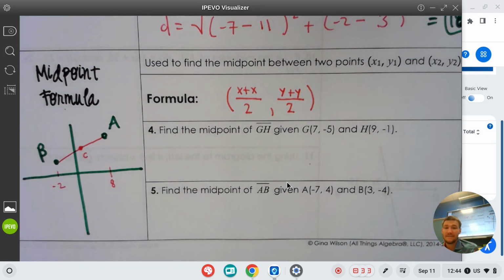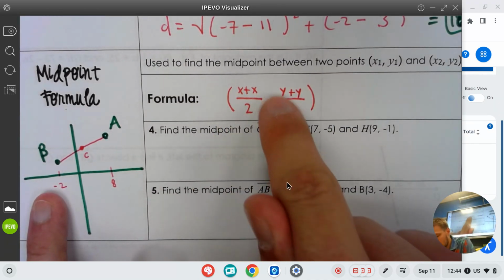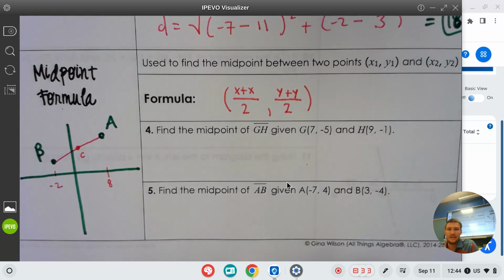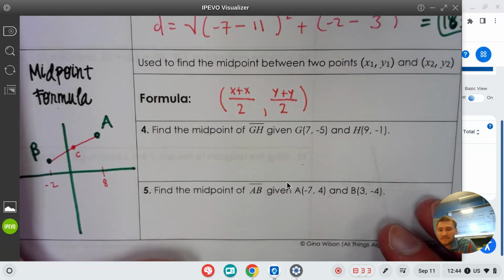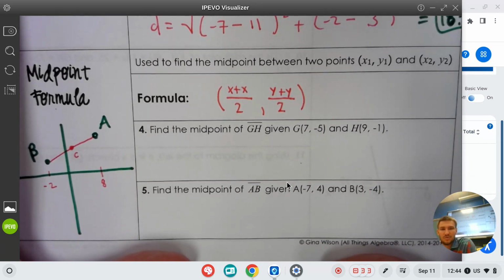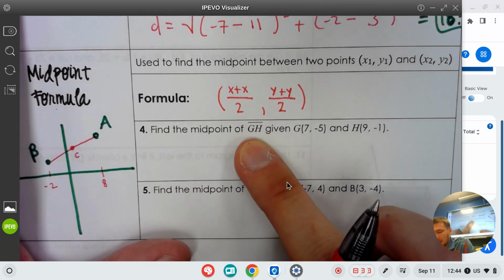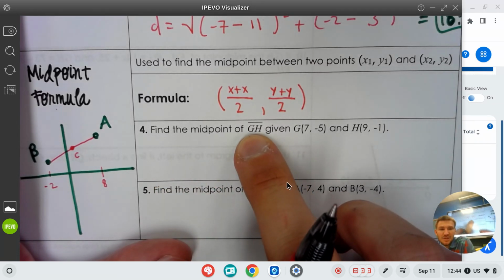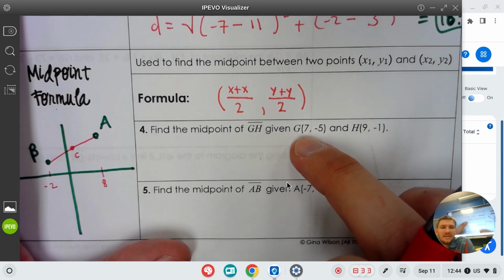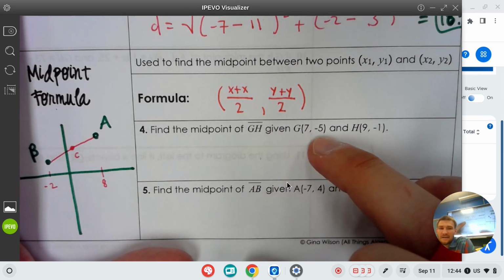And that is going to give us our answer. So a much simpler formula. It is still a formula with 4 gaps because we're going to need an x and an x and a y and a y. We're just going to get all these things in there, type it in Desmos, and get our solution. So for the midpoint of the line segment GH, where G is at 7, -5, and H is